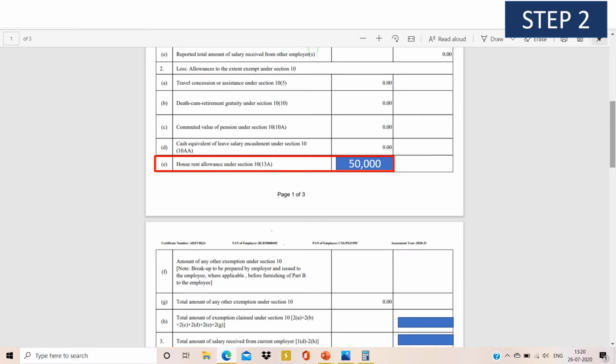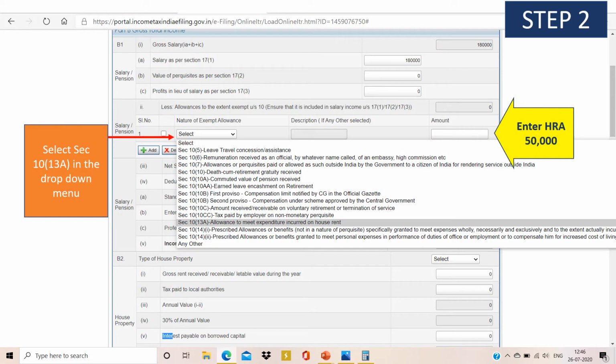Last, you have the house rent allowance under section 10(13)(a). See whatever number is available there. Now go back. Once you have the house rent numbers handy, go to the computation sheet, select the drop down menu in section 1, select 10(13)(a), which is applicable for house rent exemption, and copy the number in the right tab.